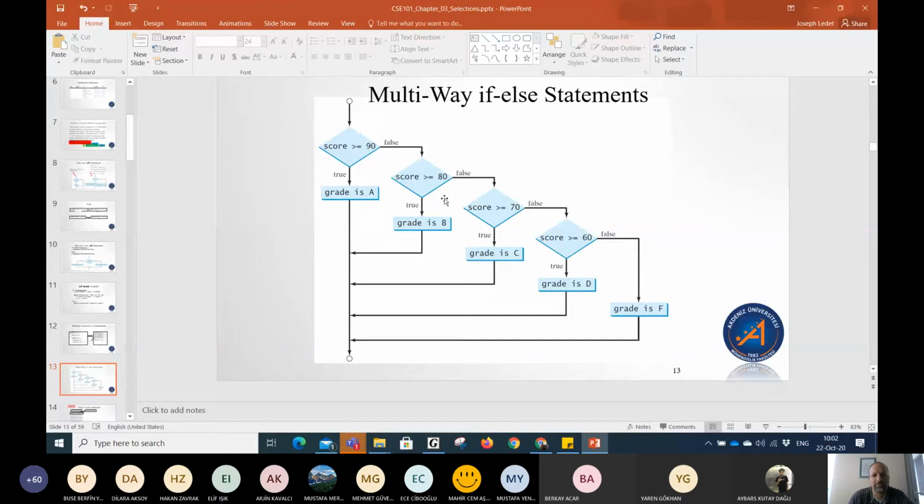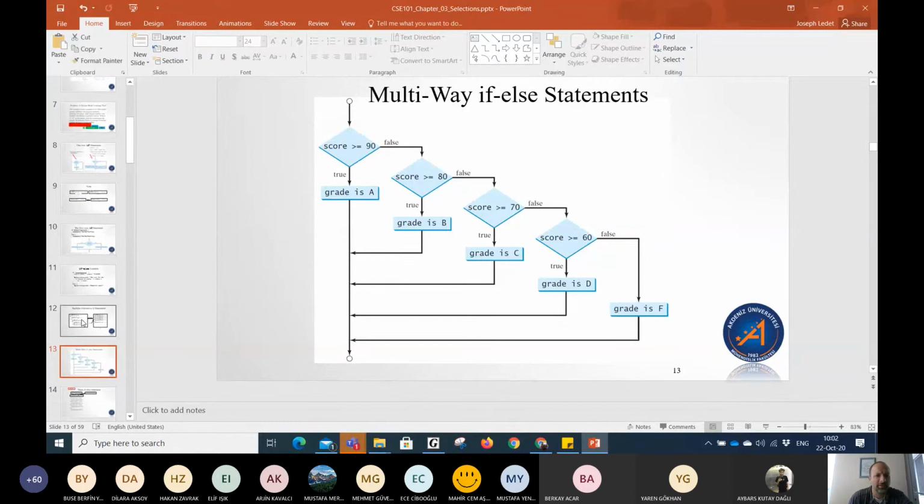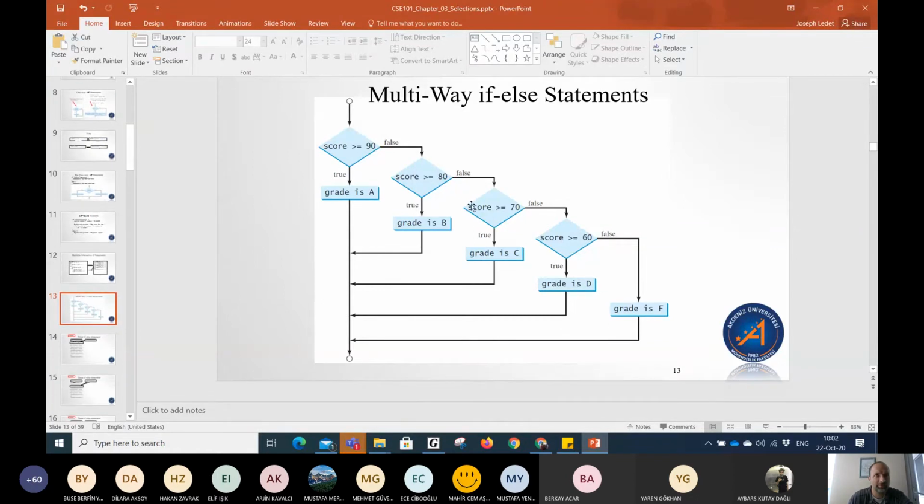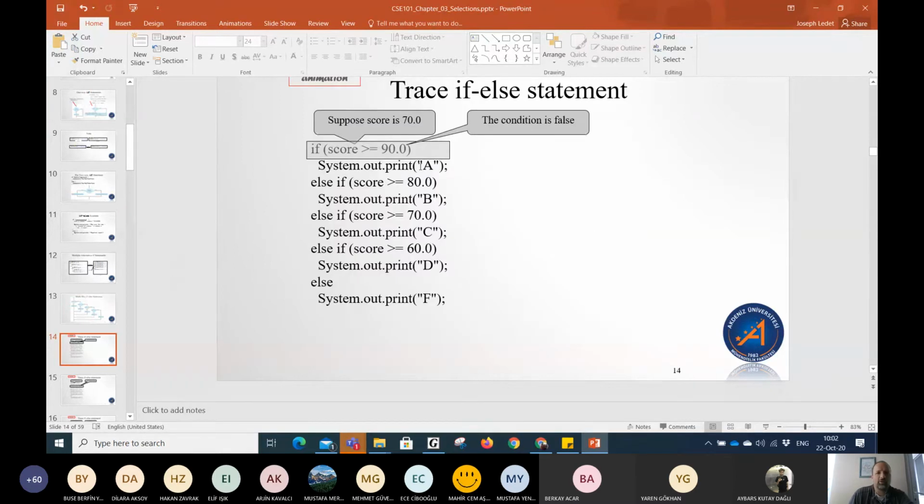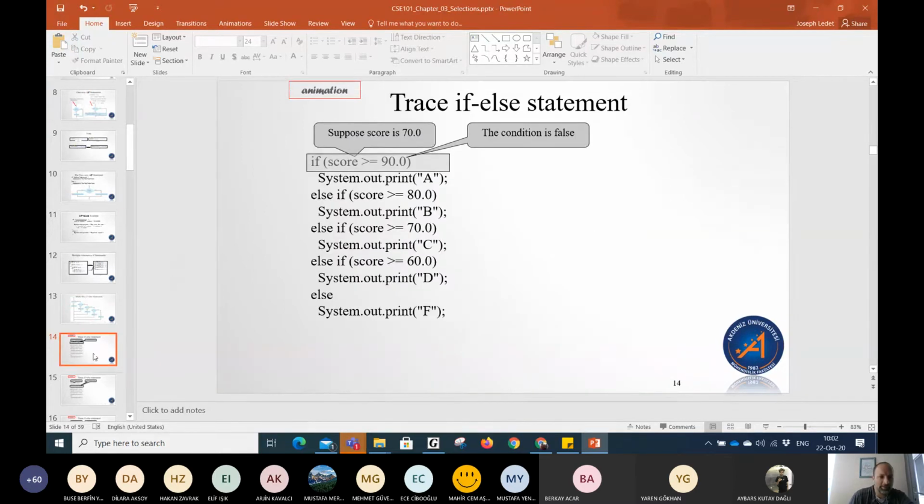And that's why we need to do something more like this. We'll talk about another thing for discrete values. It's called the switch statement, towards the end of this lecture's slides in the second hour. Okay, all right. So if we want to trace how this would go, so if we assume the score